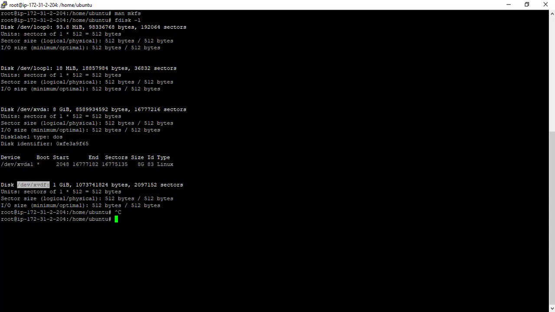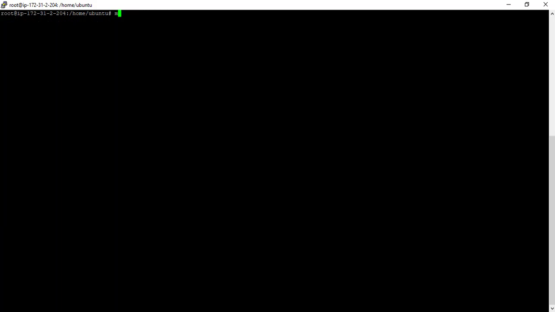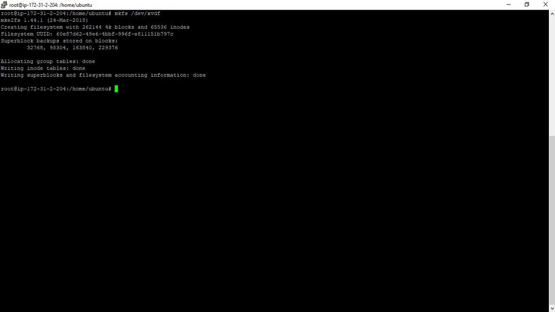So let me clear this screen again and then do mkfs /dev/xvdf. Now the file system is formatted. Now I have to create a directory, any directory name, /mount/disk1. Okay, I'll press enter.